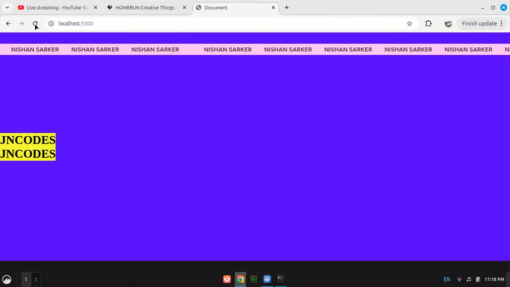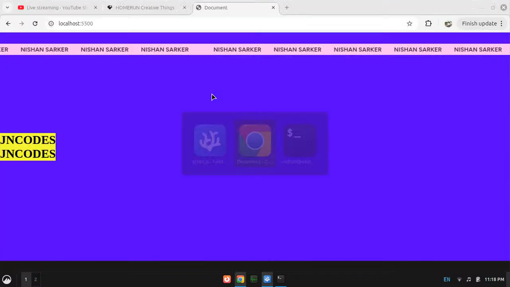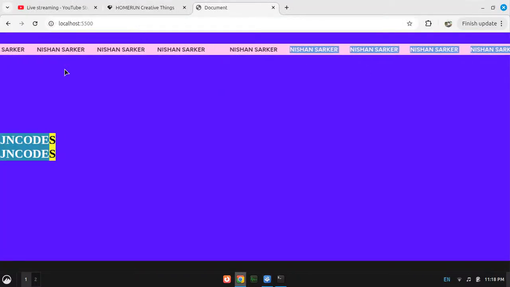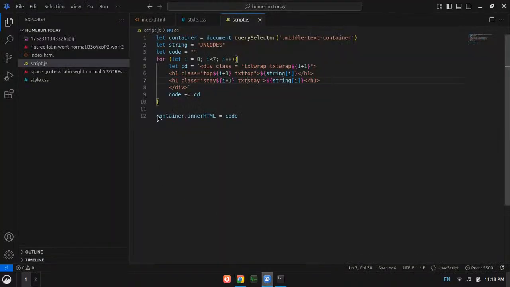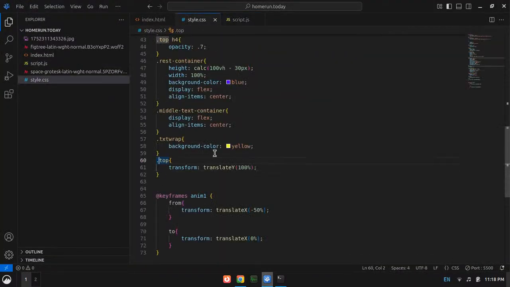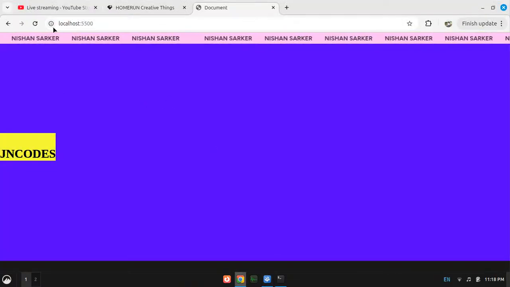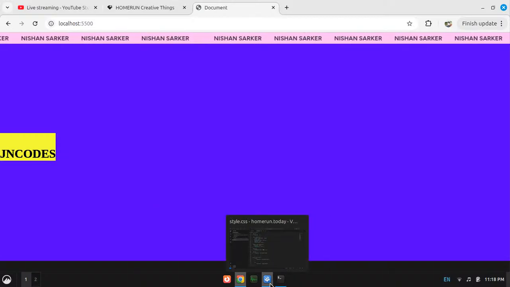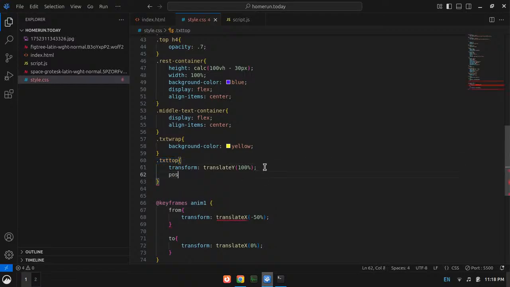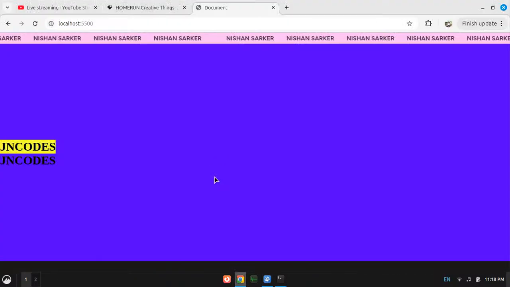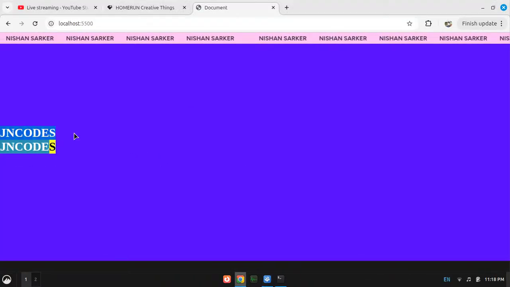Okay, why is this thing harmed still? I don't understand. Oh, I haven't changed the CSS yet. Dot txt top, right? Okay, now it is there, but it isn't helping me in any way. What if I add position absolute to it? Absolute. Okay, let's see what happens. Okay, now it works, right? Okay, it is going to work, I guess.